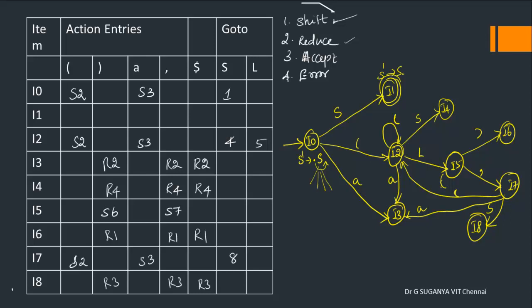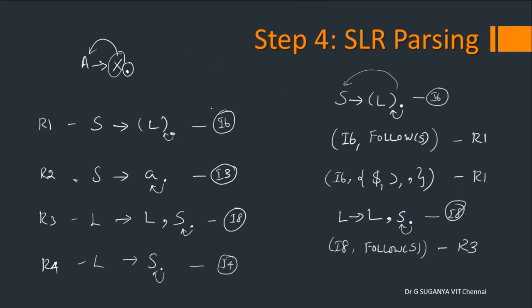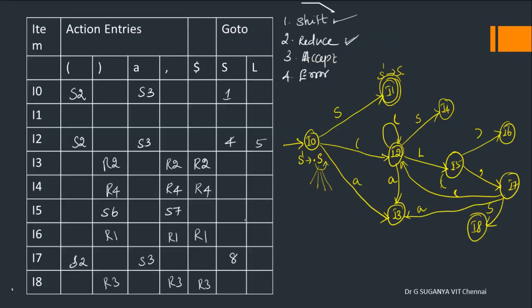Fine. So that's how we have to add reduce entries. It may appear to be confusing, but it's quite an easy method. The more important thing is which follow you have to find. When dot is preceded by a terminal symbol, go to the left and use its follow, because follows are only for non-terminals, not for terminals. When dot is preceded by a non-terminal, directly use its follow. So that's the meaning of filling up the reduce entries.